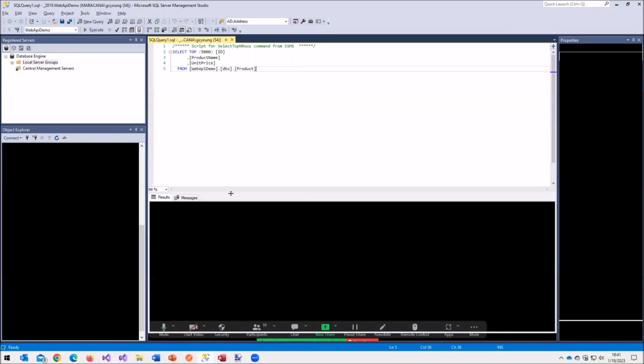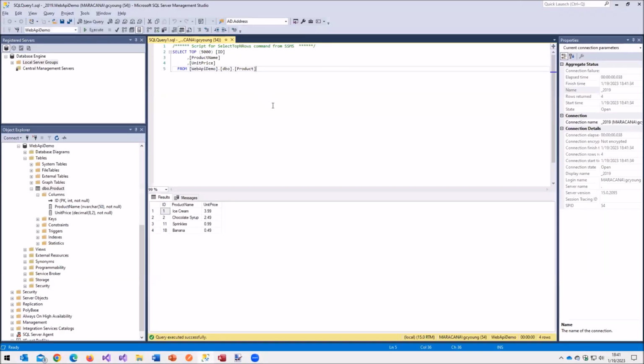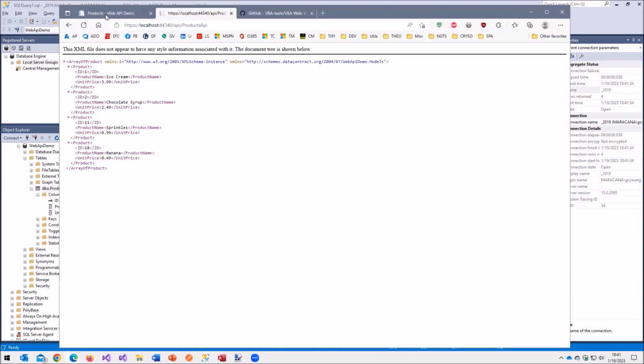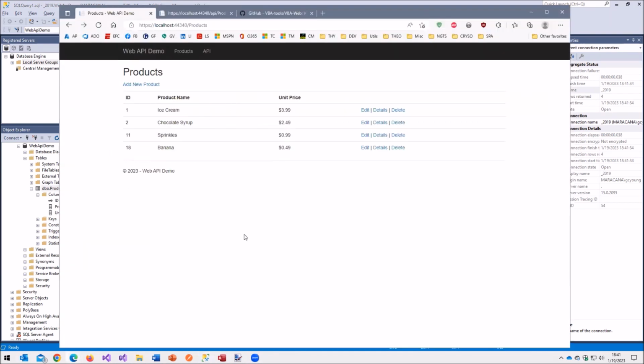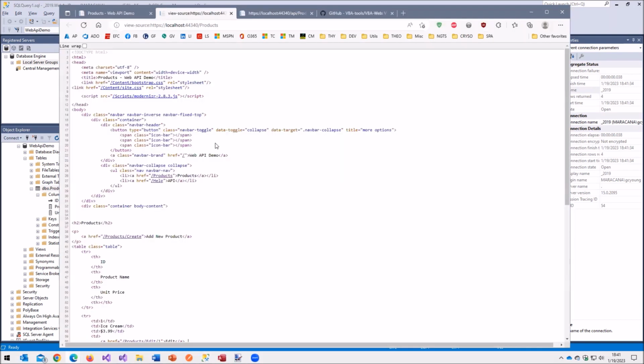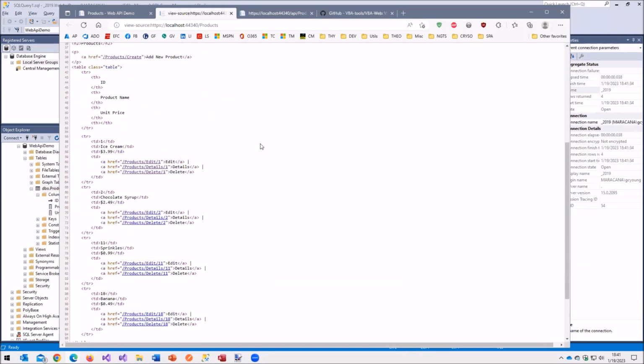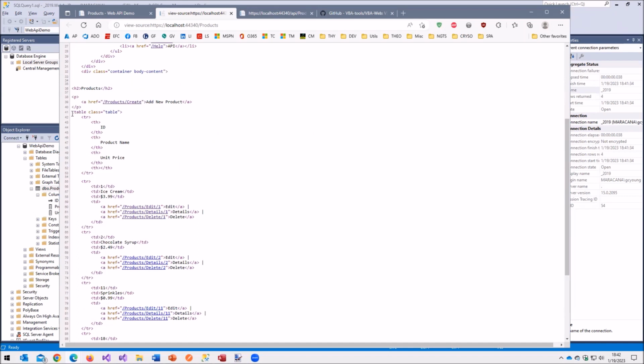If you look at that in SQL, so I'll go ahead and F5 this, and you can see here we have the table with an ID, product name, and a unit price, simple select query on that, and it returns that same data. So whereas for an HTML or normal HTTP web request, I'm going to return some sort of formatted HTML. If I do view source on this, you can see I've got an HTML document header, and here I have an HTML table that's returning header information and then a row for each of the data points. So here we have the ID, the product, and then the price.